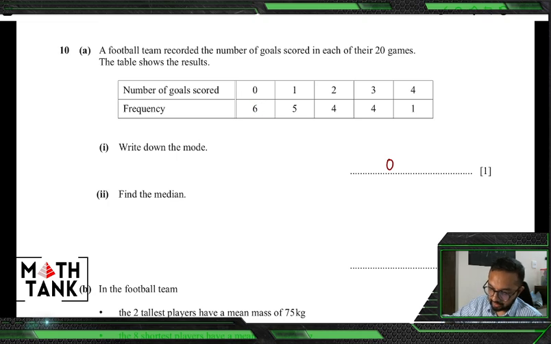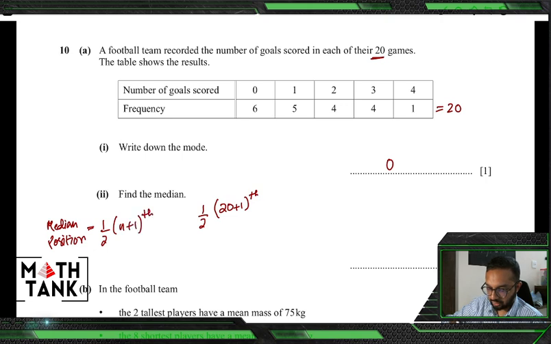Now when you're calculating the median, what you need to do is find out where half of the frequency occurs. So what's the total frequency? That's 20. The formula for the median position is half of n plus 1, th. So half of 20 plus 1 gives me 10.5. So I'm going to look for the 10th and the 11th observations both and then add